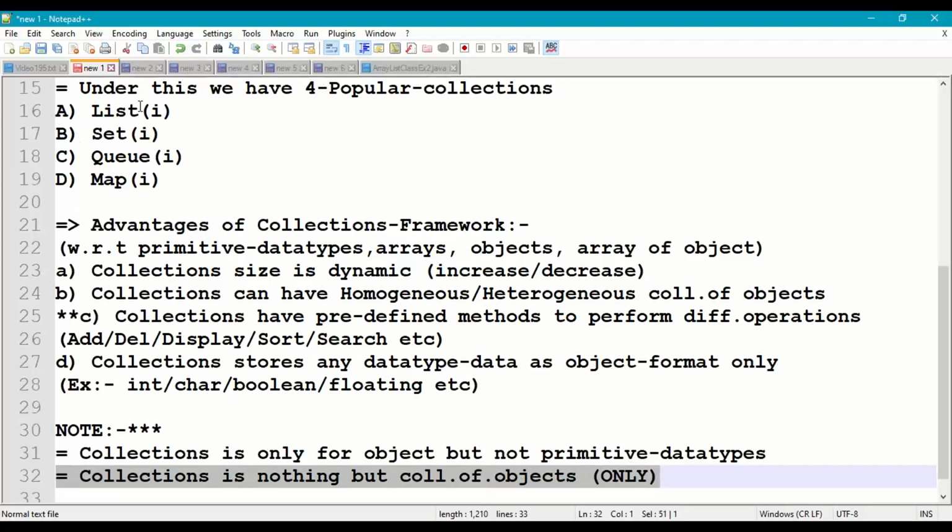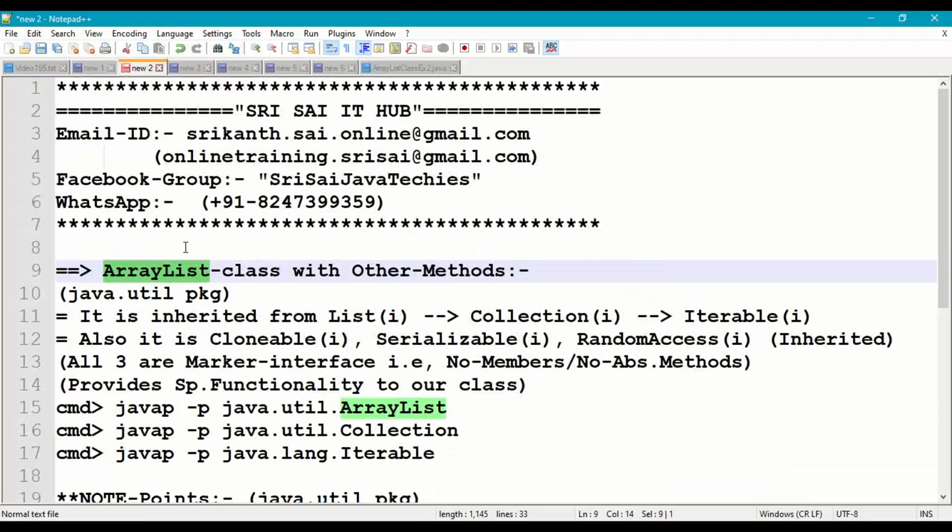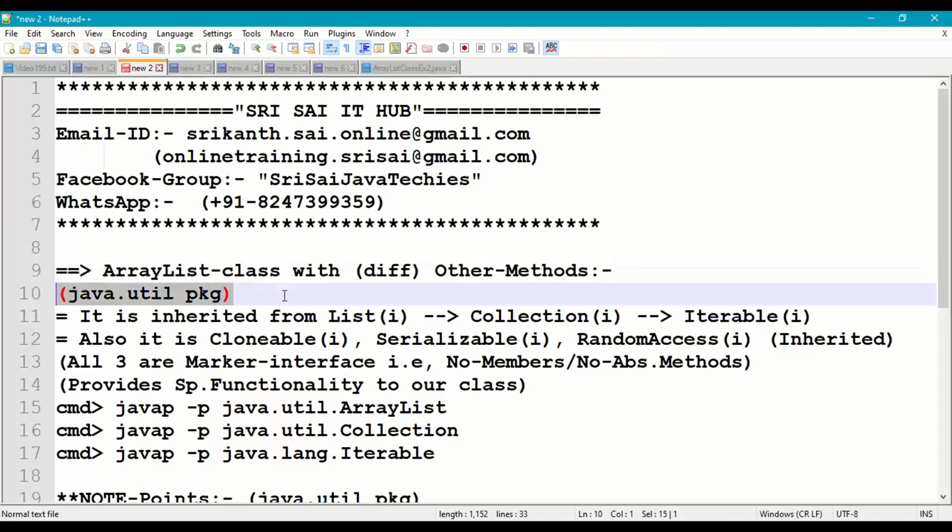Now coming to the concept of ArrayList class with the different other methods. We are going to use different methods to work with ArrayList class and perform different operations. In the previous video, we have seen basic methods in ArrayList. Now we'll see other methods. This class is available in java.util package.